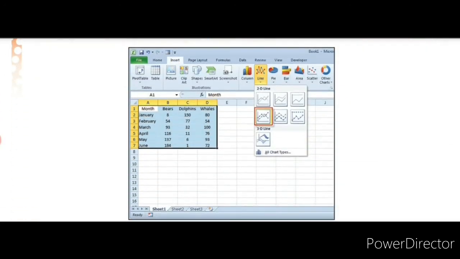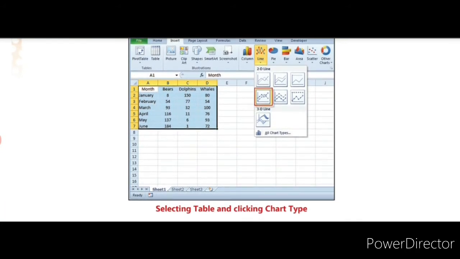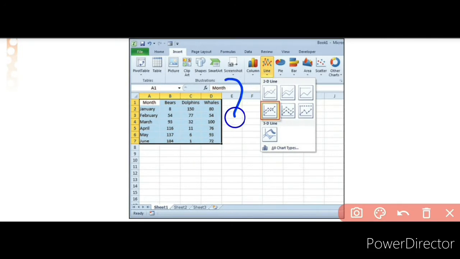See, this will be the window for selecting the table and clicking the chart type. Here we select the entire rows and columns from A1 to D7.